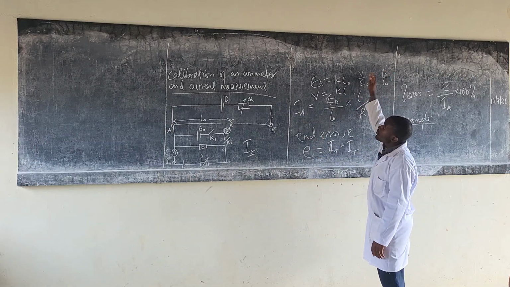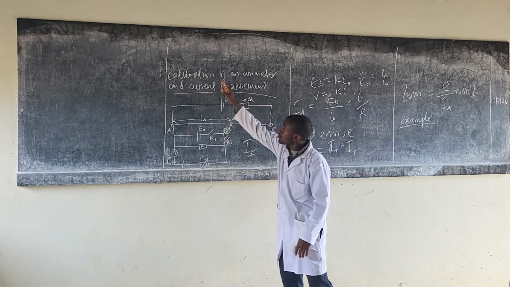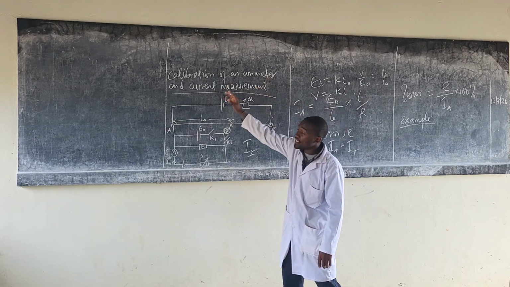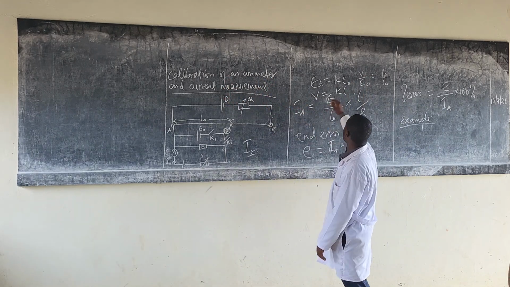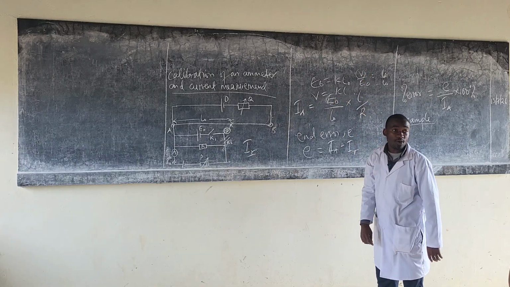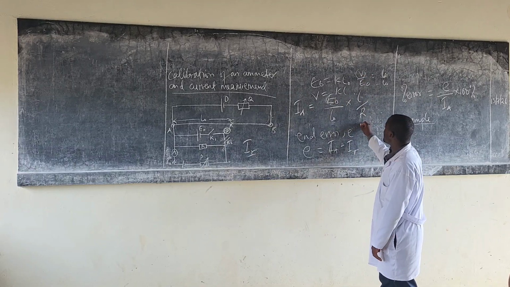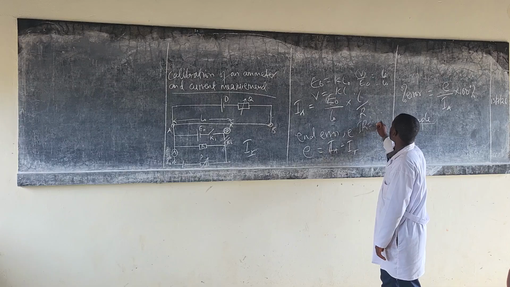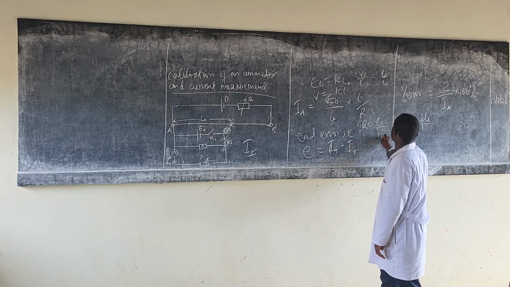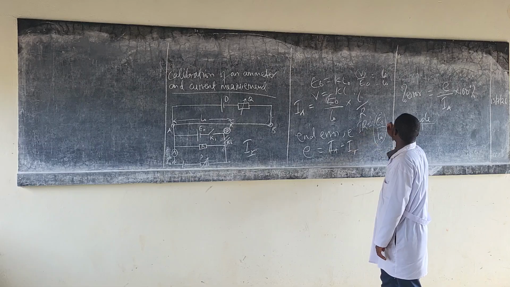Because you are looking for I, the intention is to calibrate an ammeter or to measure current. You substitute for V by Ohm's law, which is IR equals E naught over L naught,